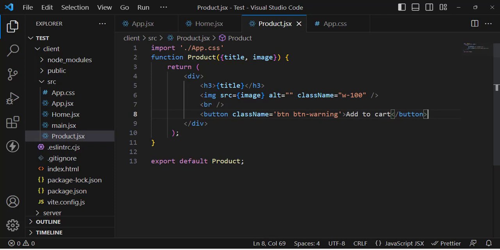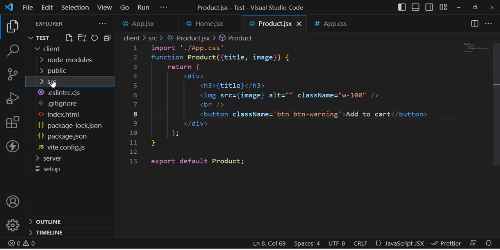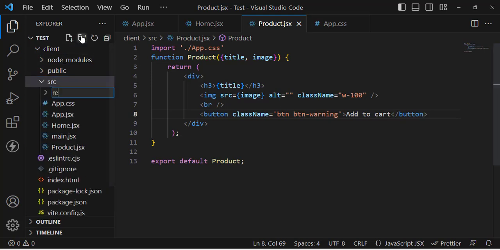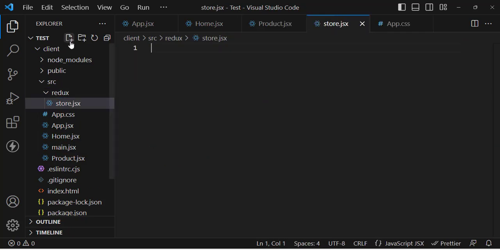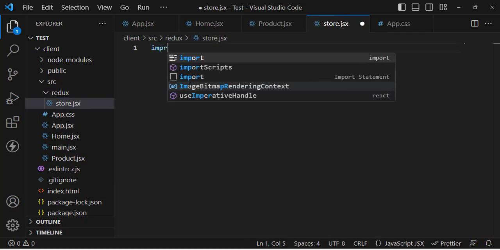So now first of all we should set up the boilerplate code for our Redux. For Redux we need to set up first of all the store and also the slice. We will use Redux Toolkit and let's create that. In this src folder, first I will create a new folder by the name of Redux, and inside that I will create a file by the name of store.jsx, and inside that let's first of all import configureStore